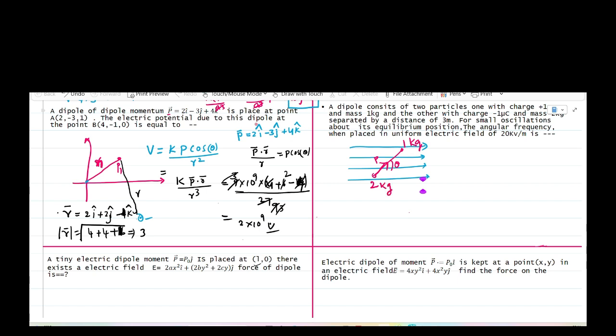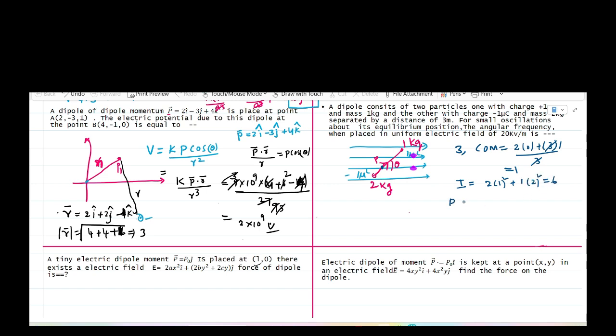The charge is 1 microcoulomb, and this is minus 1 microcoulomb. Now the center of mass is near the 2 kg, and the total distance is given as 3. Therefore the center of mass is equal to (2 into 0 plus 1 into 3) by 3. So 1 is coming. The center of mass is 1 from the 2 kg. Therefore the moment of inertia